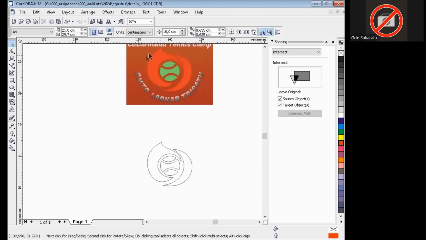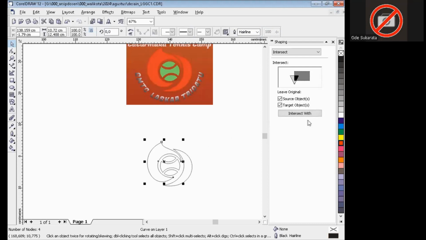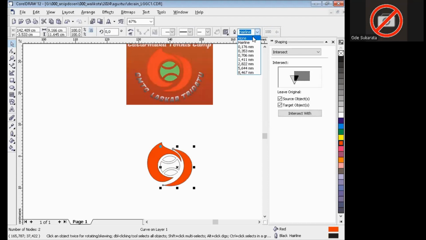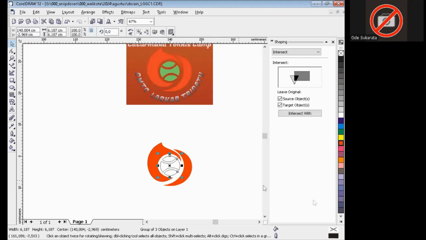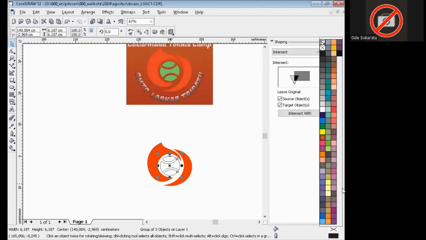Okay, this, you can color the object. Okay, coloring the object, choose maybe, okay, I think this green, yeah.